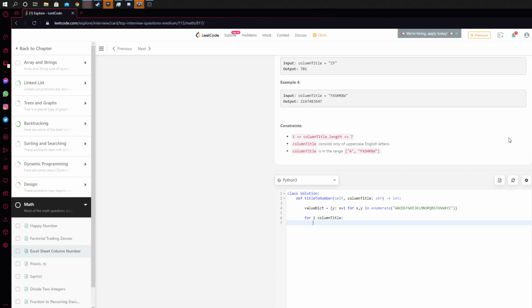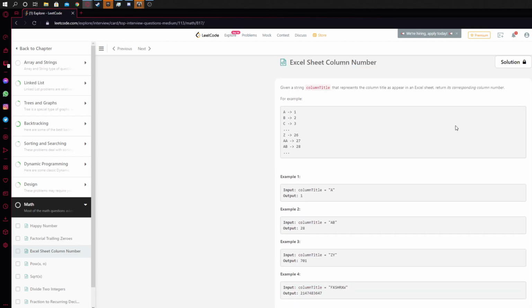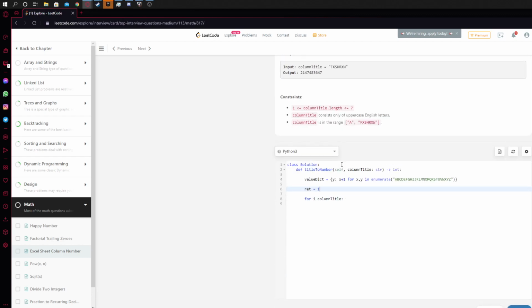Okay, writing the column title. Current total, just call it ret. Ret equals 0. Does 0 even exist? I don't think 0 exists. It's probably 1 at the minimum. Wait, does that change? Oh, it should be 0, because you're adding stuff. It's going to mess it up. If they give you nothing, you shouldn't return 1. Okay, so ret plus equals